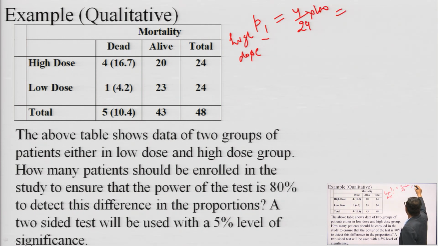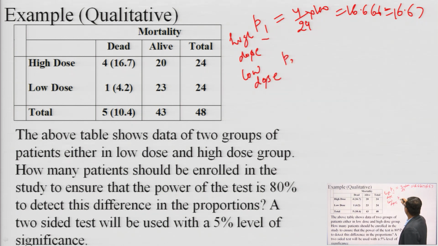On solving this, we get 16.66, or 16.67. Now, the proportion for the low dose group,